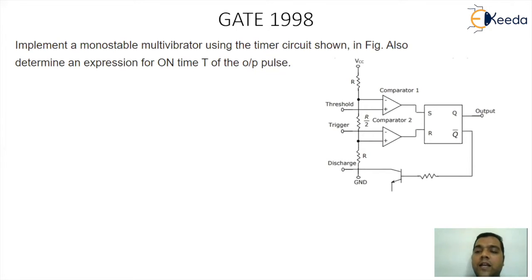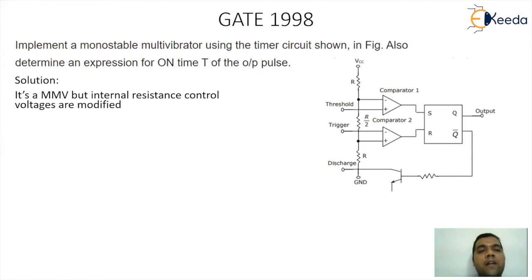In the original IC 555 circuitry, we used to have all three resistances of the same value. But here, the three resistances are not same. There are two resistances of value R and one resistance of value R by 2. So automatically, the control points or the reference points for the comparators will get modified. The lower element is R and the voltage across that R will be the controlling element for comparator 2, and for the top comparator, the combination of voltage across R by 2 and R will contribute for the reference voltage for comparator 1. Let's go for a small understanding.